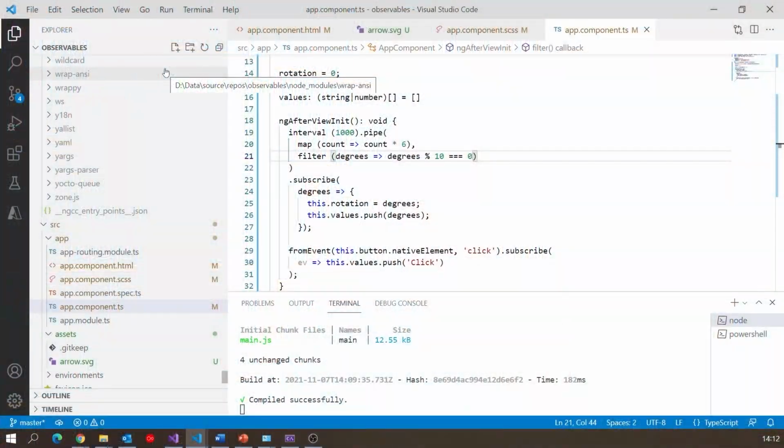I try to learn quite a few as I go along, but it's always a case you're going to need to look them up. Good place to look is a site called learnrxjs.io, and then under there if you do /learn-rxjs/operators, and I'll put the link up for that, that will show you all of these operators and describe how they work. Okay, so we've seen map, we've seen filter. Let's have a look at another one as well.